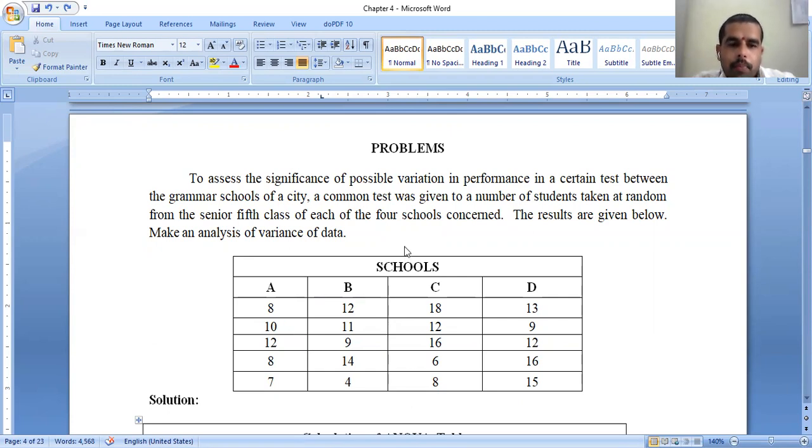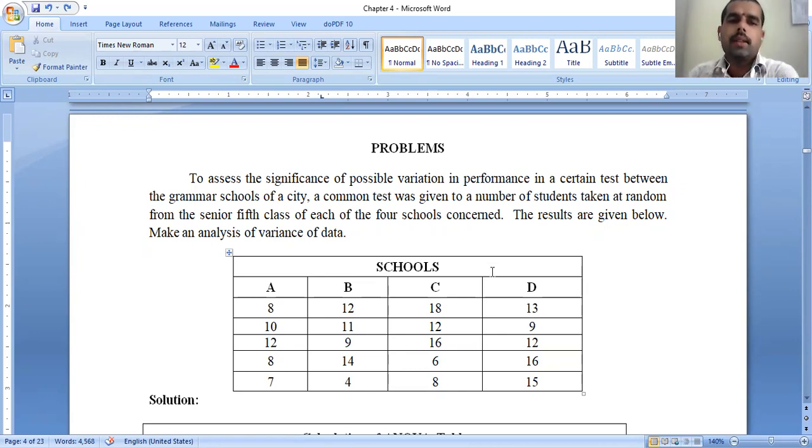Note 1 says that whether unequal or equal values are given, we have to follow the same procedure. Here all the values are equal for each school, and we follow the same procedure. Sometimes unequal values will be there, which means some values will not be there. For example, instead of 10 it is nil, and 12 also nil. In the same way for B, C and D, if unequal values are there, we have to follow the same procedure. Now observe the solution here.